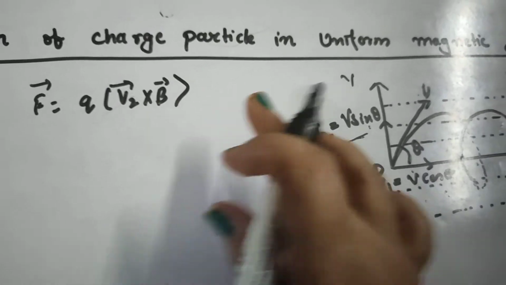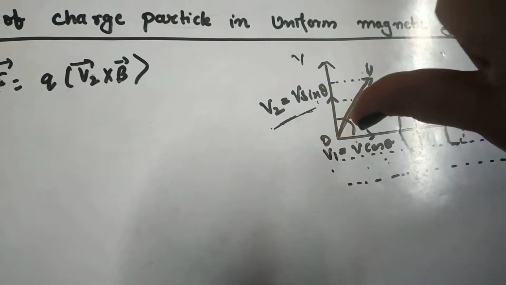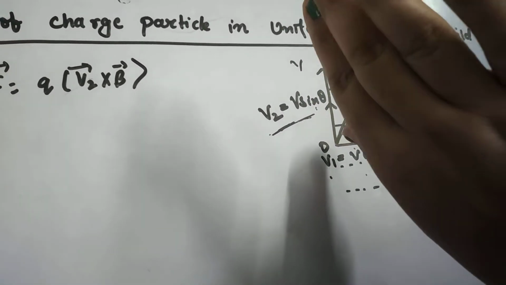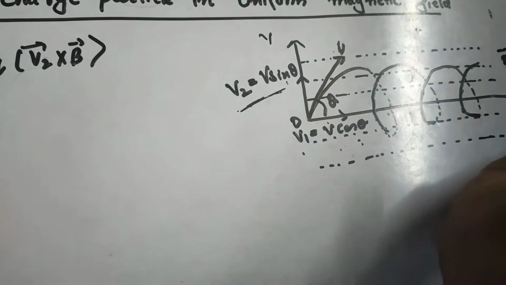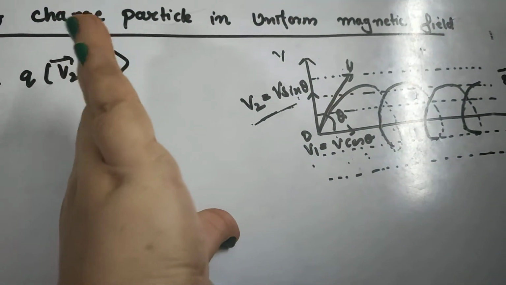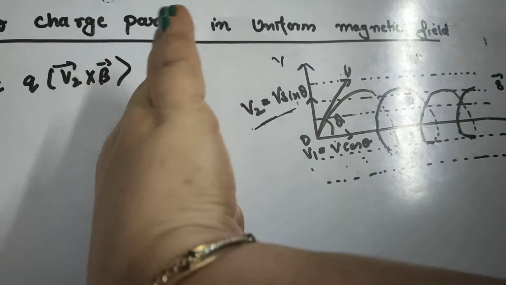Now if we apply the right hand rule, what will be the direction here? See, this is our right hand rule. According to this, at this point, suppose the curl of fingers is V2 cross B, right? B is along x-axis, V2 is along the perpendicular axis. So at this point, the plane will be containing V2 cross B